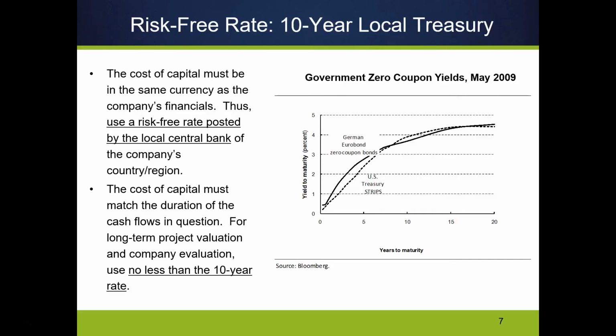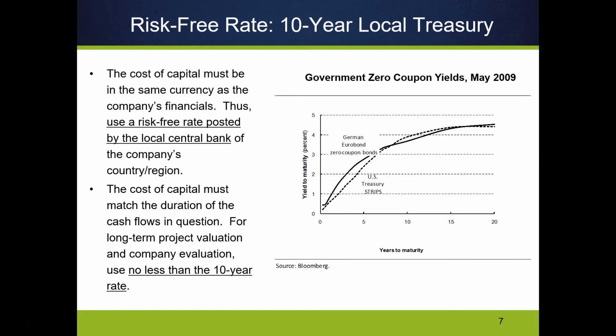So it gets a little murky when we're talking about developing countries and countries that don't have established financial systems like the US. So either way, it's more important for us to use the correct denomination, the bonds that are related to the currency that the firm uses, than it is to worry too much about whether the bonds are actually risk-free.